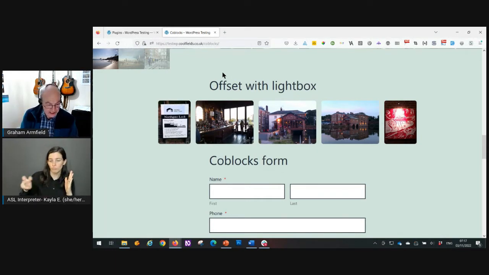Now, if I press the tab key, focus is actually on this image up here. I'd expect these images to get focus, because I want keyboard users to be able to trigger the lightbox too. But if I press the tab key, you'll see that focus ends up on the code blocks form. So it's completely missed out all of these images, even though they are actually interactive elements. That's a huge problem for keyboard users here.